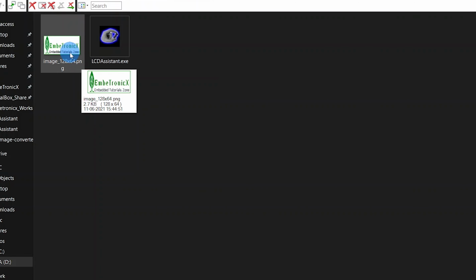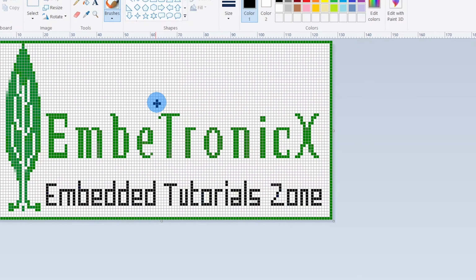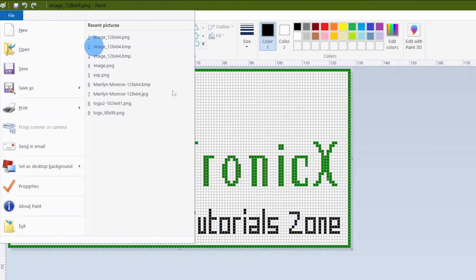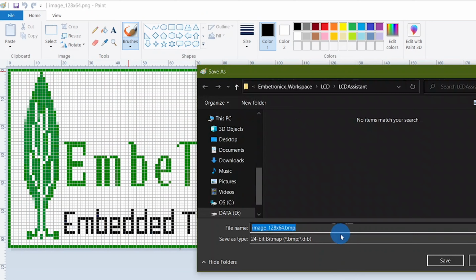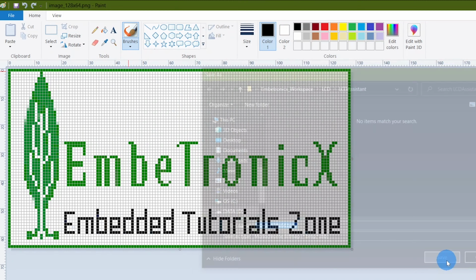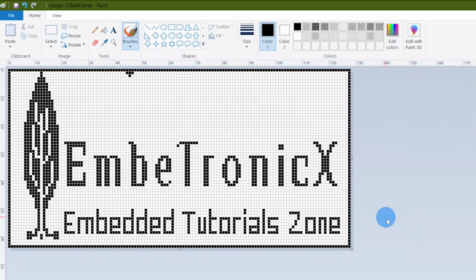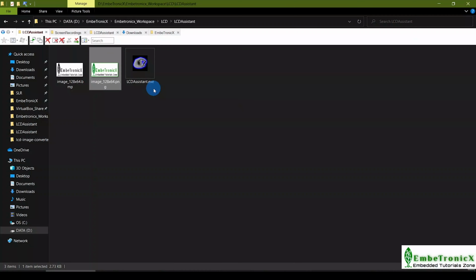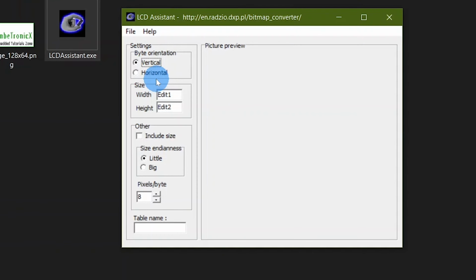I have taken the image that I want to print. Let's edit this. First, resize the image to 128 x 64 pixels. Then, convert that image to a monochrome bitmap image. Open the LCD Assistant app and load the bitmap image.